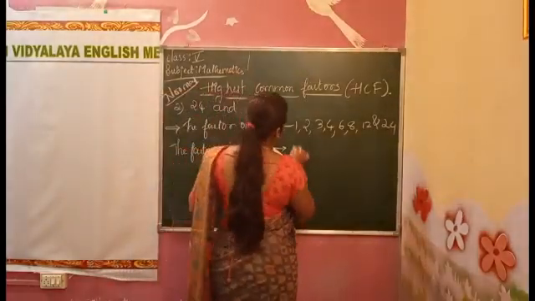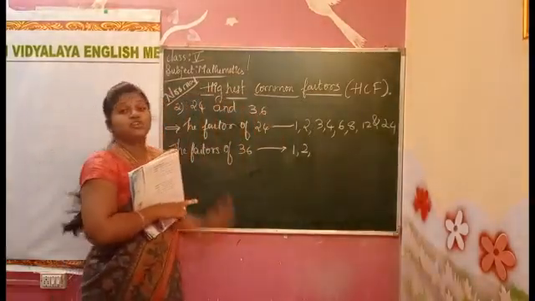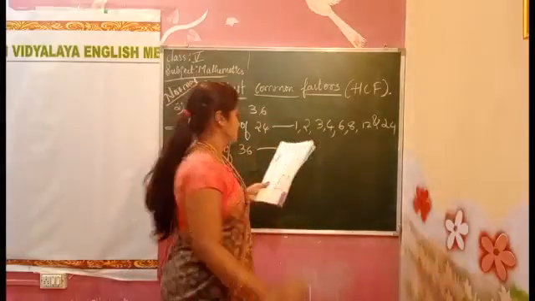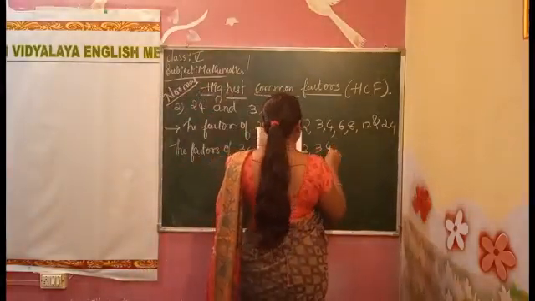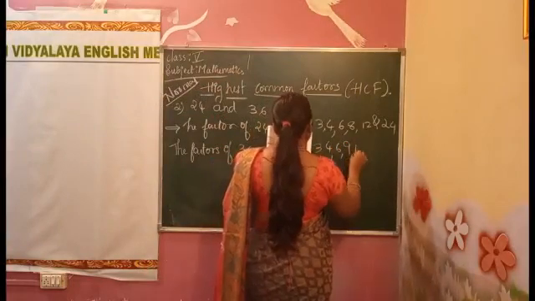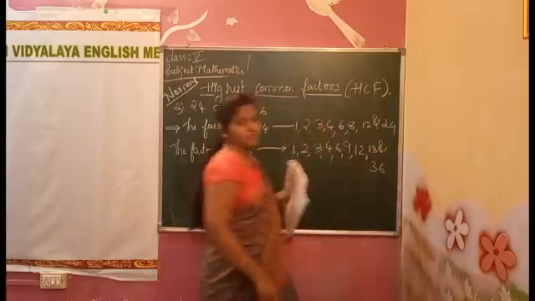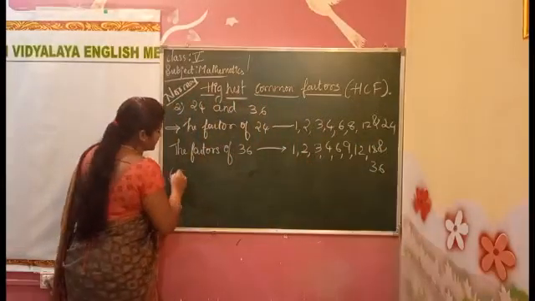36 is there in the one table, two table. If you don't know tables, we can't solve this type of problems. So you have to practice tables. One table, two table, three table we have 4, 6, 9, 12, 18 and that number itself. Okay, we got this many. Now write the common factors.